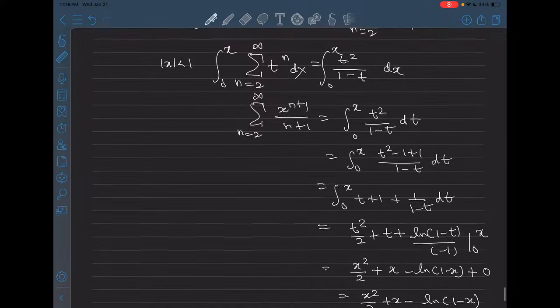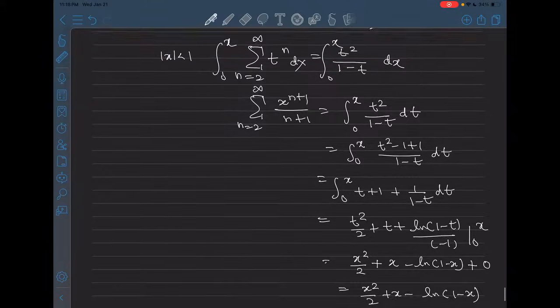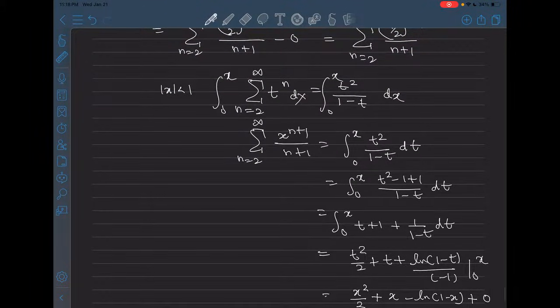Wait, so did I do it right? If I just add up t to the power n, this would be a by 1 minus r, right? So t squared by 1 minus t. And if I want to integrate that, I think it's probably good. I don't think I have made any mistakes. And if I integrate that,